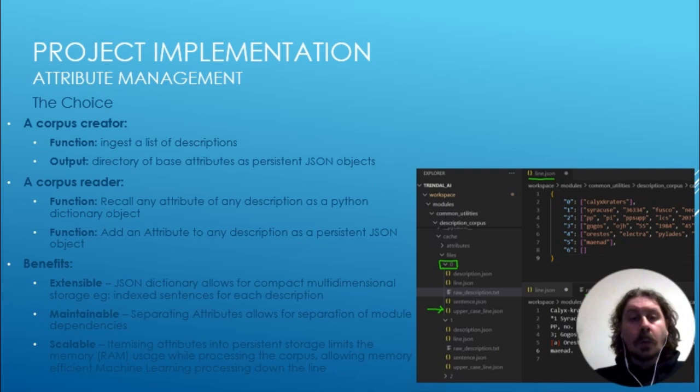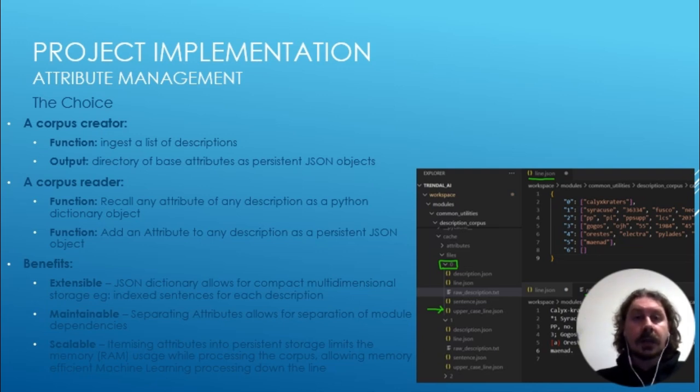So I've written two modules. One is a corpus creator, which is going to do the role that is available through NLTK and spaCy, but with none of the overhead of using someone else's open source code. The second is a corpus reader, which is going to allow us to pick up saved and indexed files, and also the ability to save new attributes generated from those index descriptions to the same index.